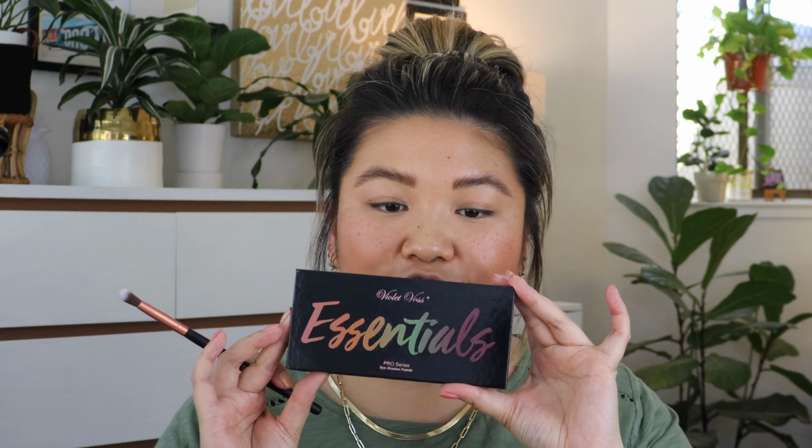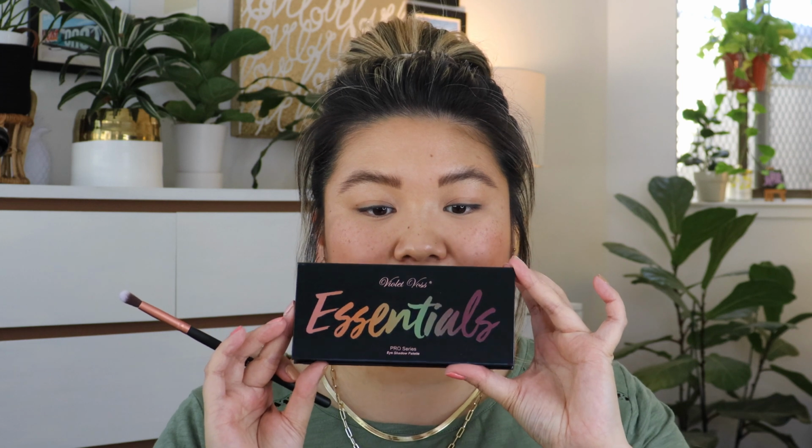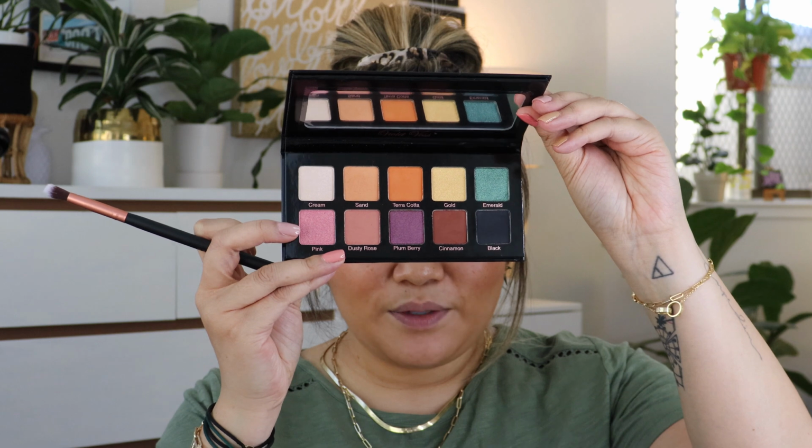Okay. All right, next, so we can play with some of the eyeshadow brushes. I'm going to do just a quick little eye look, nothing too crazy because, you know, it is just a weekday. We're not trying to get too crazy right now. But I recently got this in one of my Boxycharm boxes. This is the Violet Voss Essential Pro Series eyeshadow. The colors are really, really, really pretty. First, I'm gonna go in with the color Sand with this